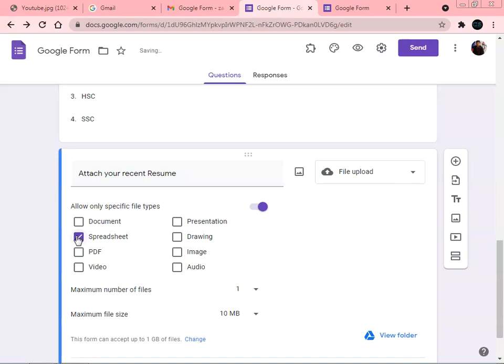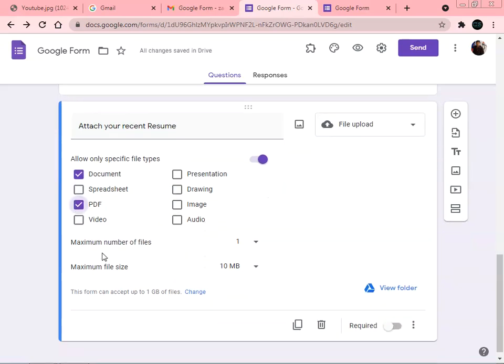Depending on the user's requirement, you have to select the particular file type, otherwise the user can add any type of file. The better way is to restrict the user, so we are giving the document file and PDF file just for the example. Next is the maximum number of files. How many files do you want to give the user permission to attach in a single form?